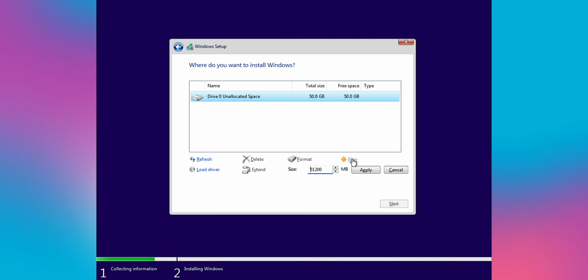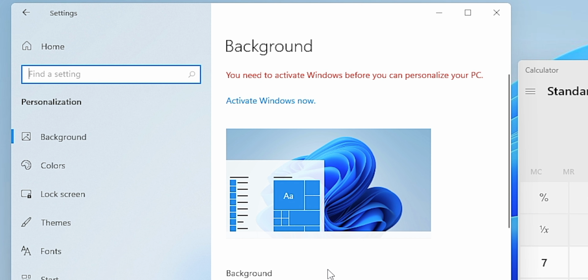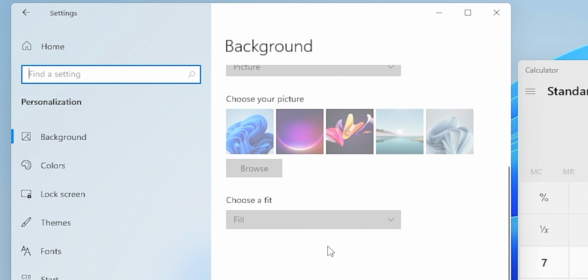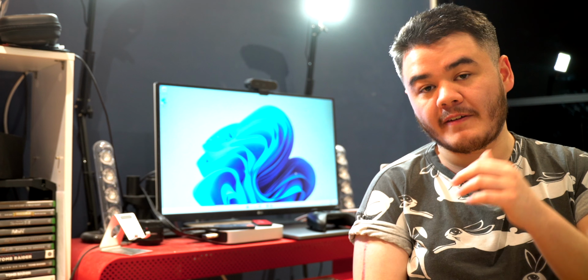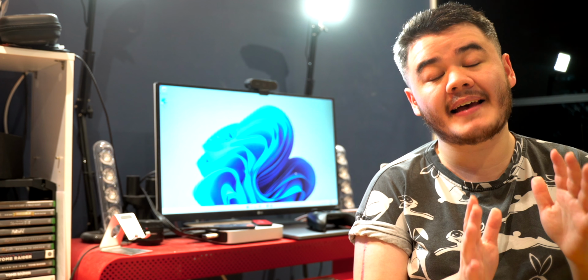First things first, I want to make it very clear I do not recommend you find this version of Windows 11 and install it on your own computer. This was leaked online, it's a development build, and we do not know who leaked it, so there may be unsigned code in the operating system. Could be viruses, malware, we do not know, and it has not been checked. For that reason, I am running it in a virtual machine, and after this video, I do plan on discarding it and waiting for Microsoft's official announcement.